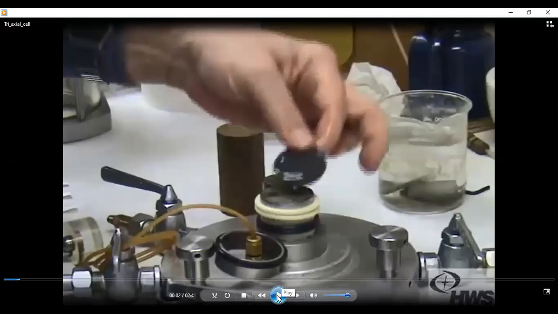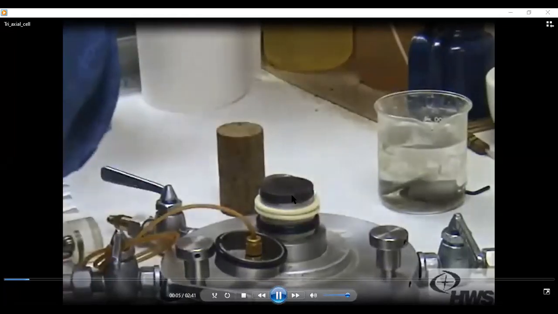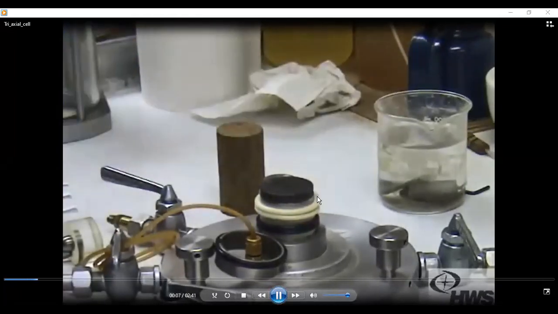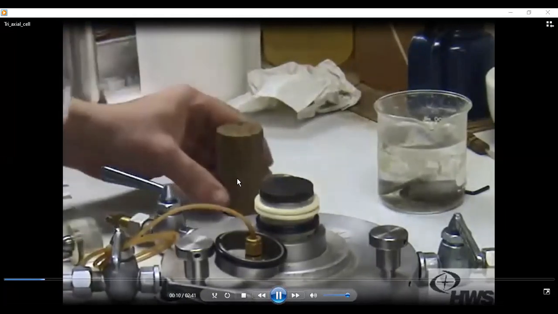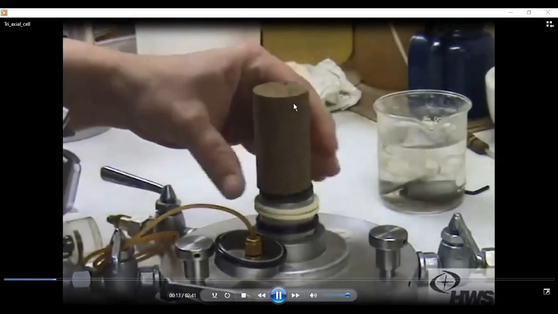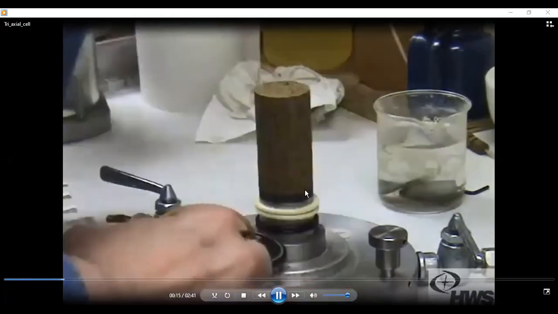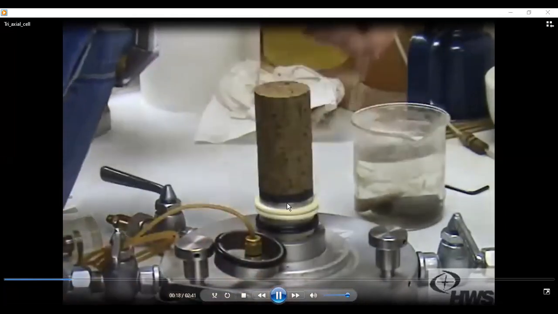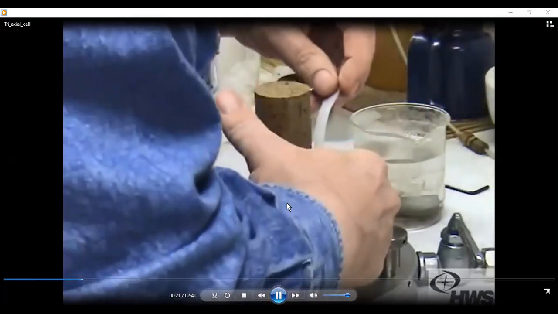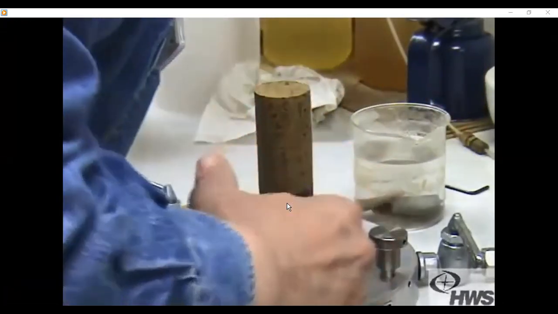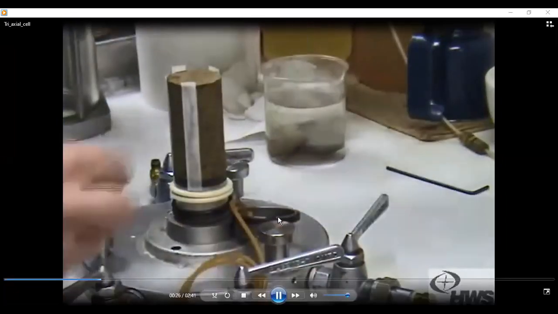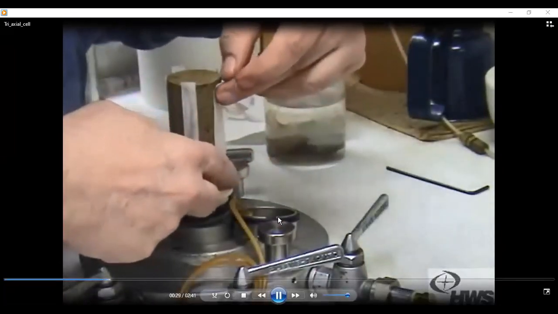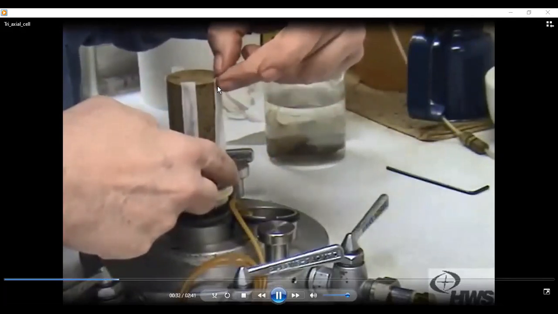Look here. This video gives a clear idea of how exactly the specimen is going to be placed in a cell. These are the porous rings, and this is the rubber membrane, and the specimen is being placed on top of the porous rings now. There's some sticky material so that the membrane is placed exactly.